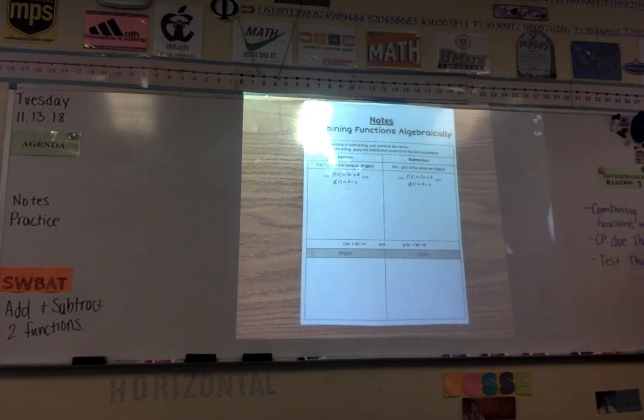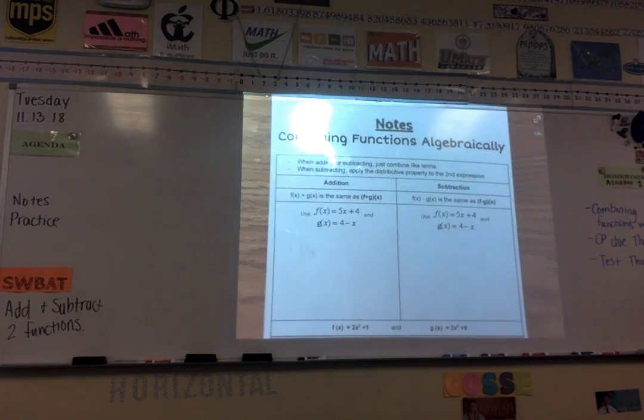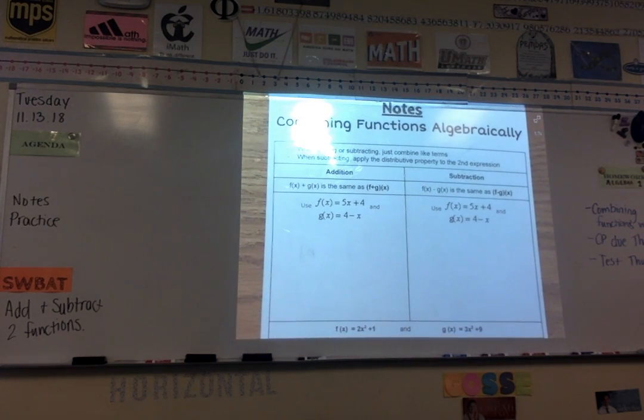in your notebook. Combining functions algebraically, so we're going to be using highlighting as a strategy. Huh? We're only using 2. Oh, I don't like blue, so blue's out. Okay. So,